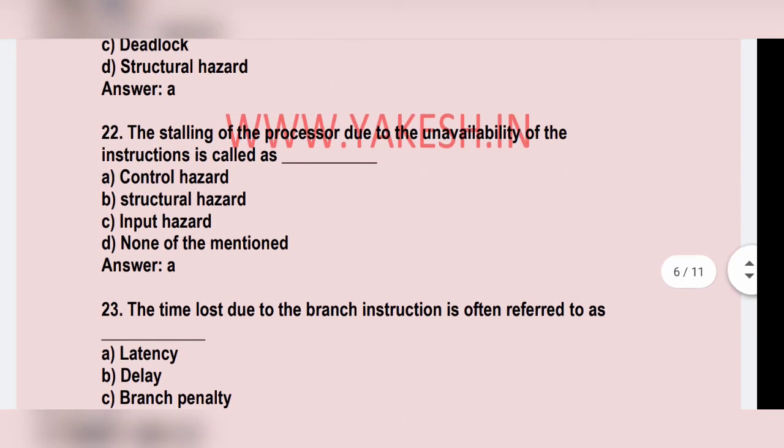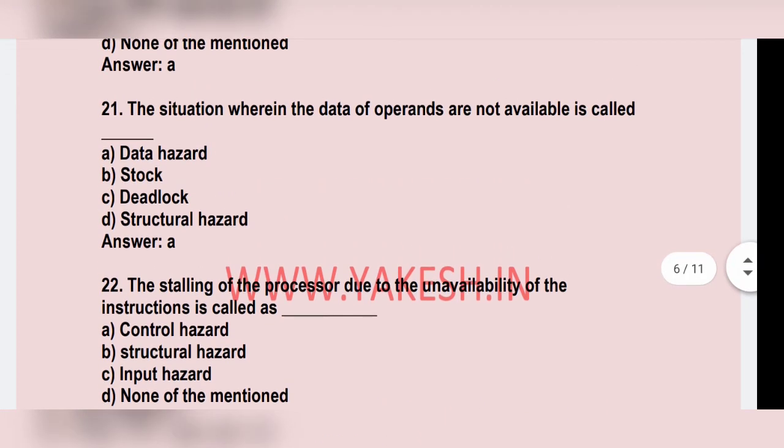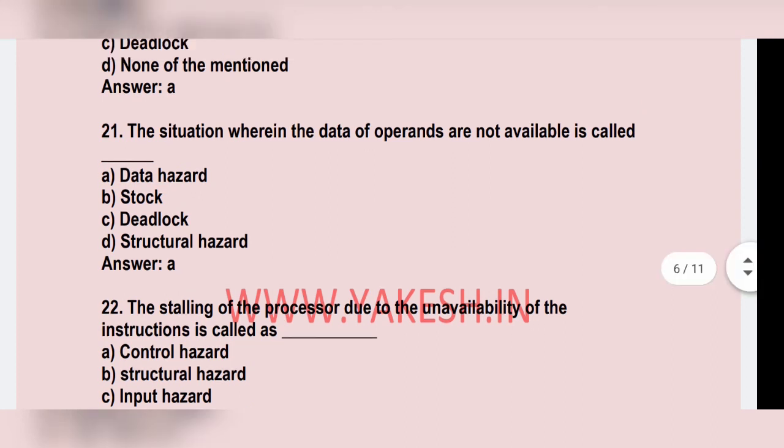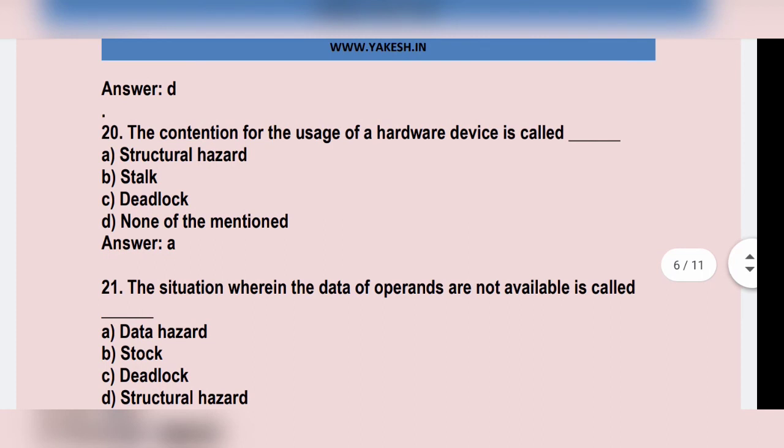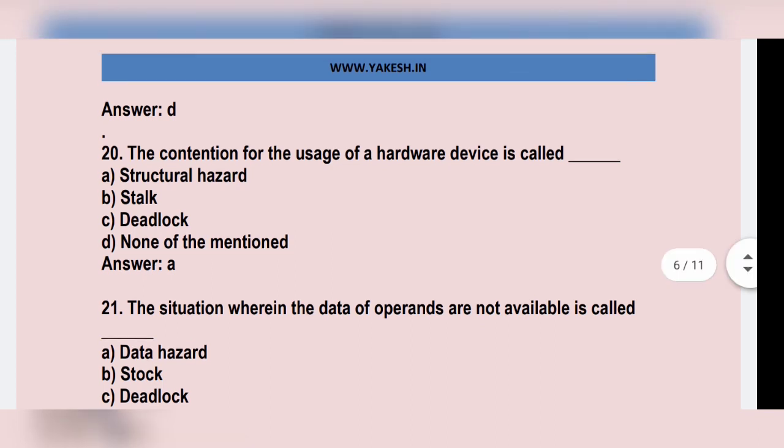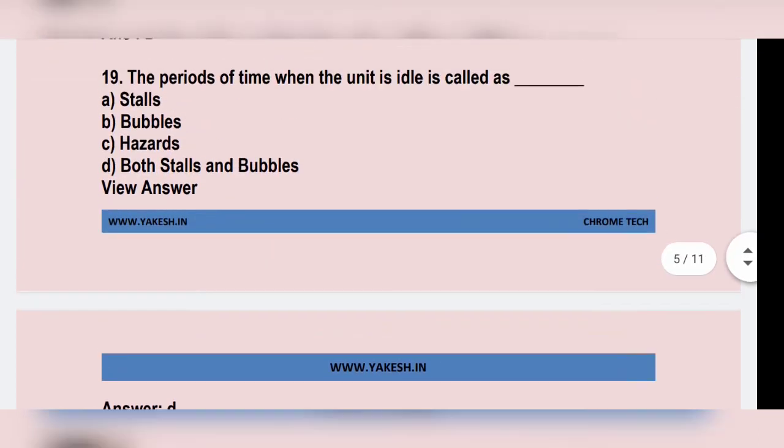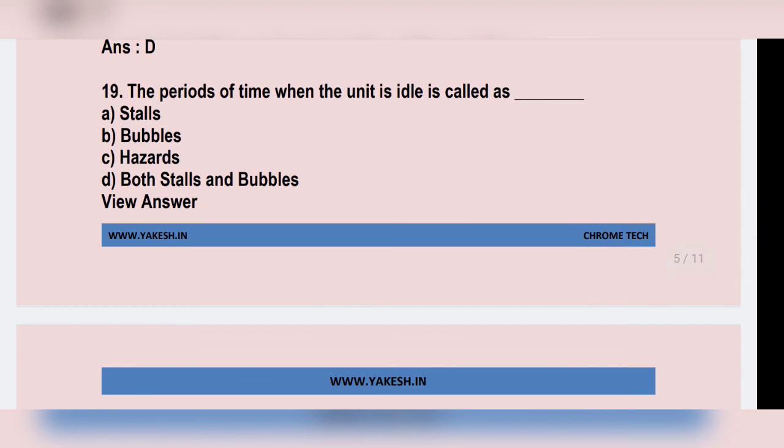The stalling of a processor due to unavailability of instruction is called control hazards. The situation wherein the data of operands are not available is called option A, data hazards. The contention for the usage of hardware device is called structural hazards. The periods of time when the unit is idle is called